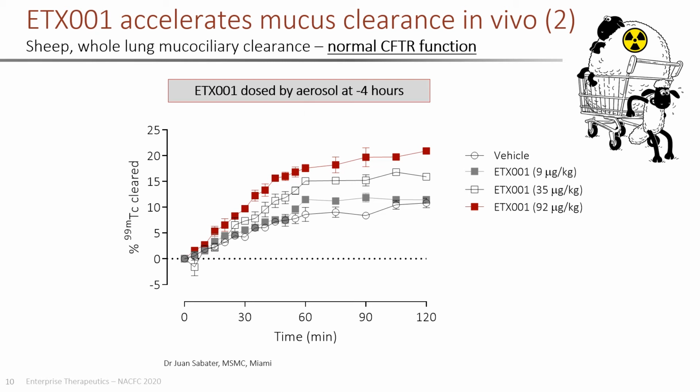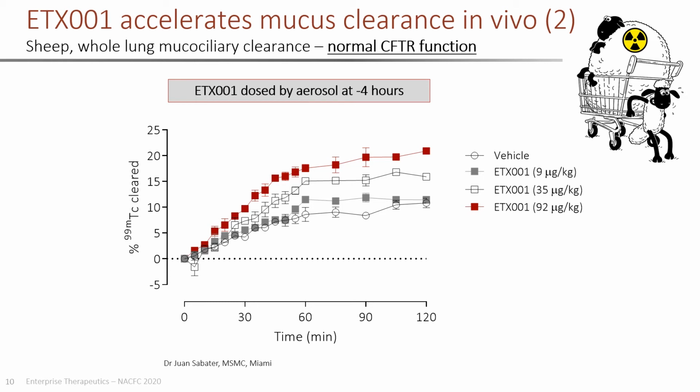In this particular experiment, at -4 hours, over to the left-hand side, the sheep were administered either inhaled doses of vehicle or one of 3 doses of our TMEM16A potentiator molecule. The sheep then wait 4 hours before, at time 0, they're administered the radiolabeled particles, and we monitor the clearance out of the airway. You can see a dose-dependent enhancement of both the rate and the magnitude of mucus clearance in the sheep dosed with the TMEM16A potentiator, indicating that this does appear to be a relevant mechanism for enhancing